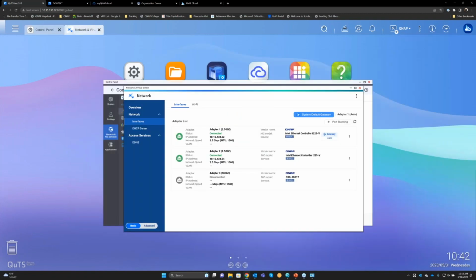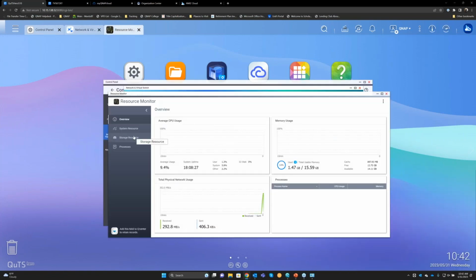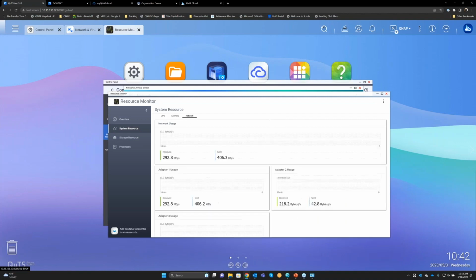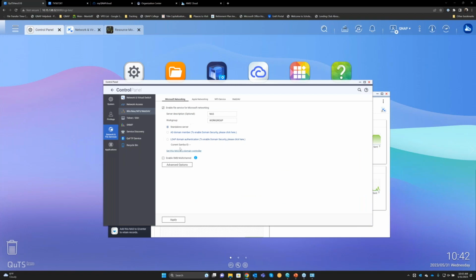So if you look at the resource monitor here on my computer, and if I go to system resources and networking, it's showing you that it's only using adapter 1, right? So let me cancel this. Now what I'm going to do is I'm going to enable SMB multi-channel, and that's actually all you have to do to